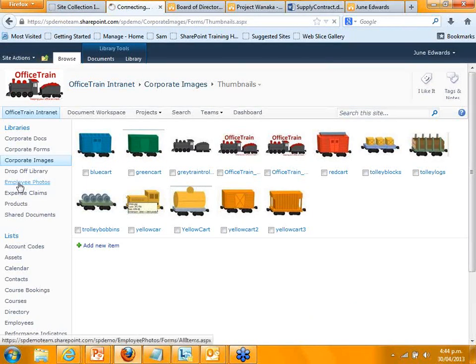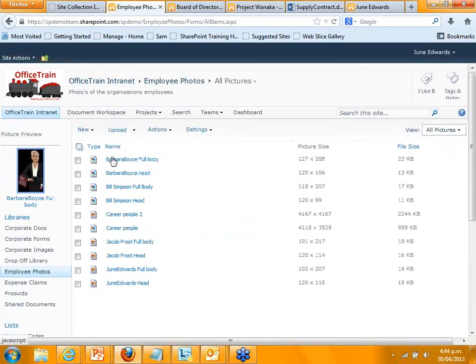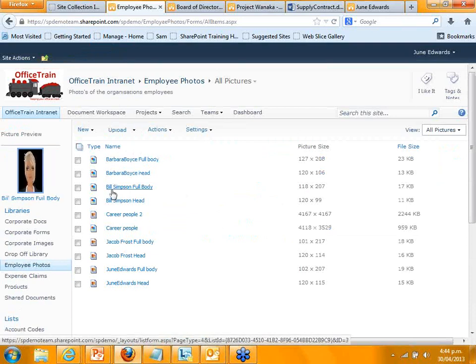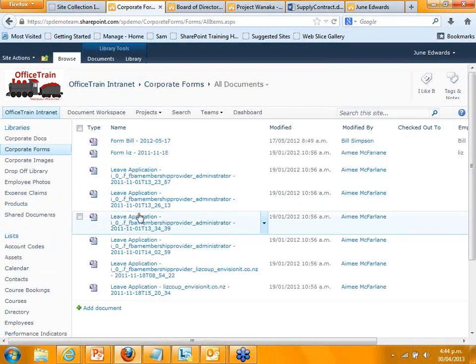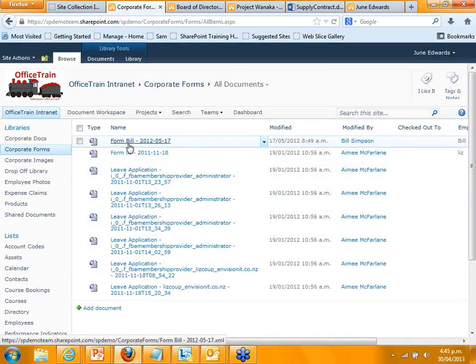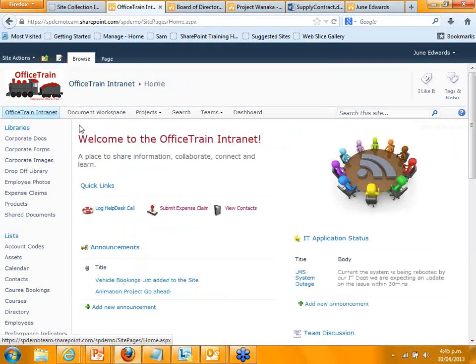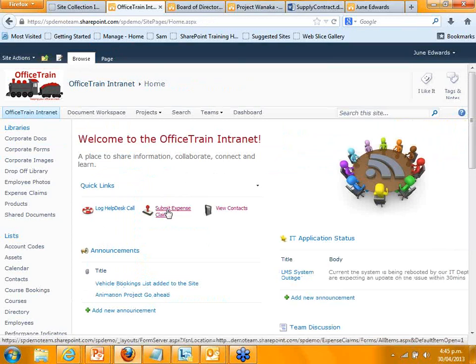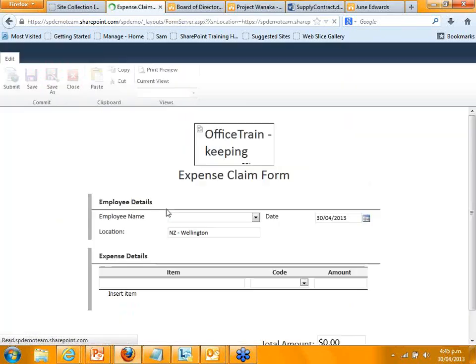So I've got an image library. In this particular intranet example, we've got the staff, supposedly, so you could have all your staff images within here. I've got a forms library, and this is using InfoPath, and I'm not going to go into detail of this, but just to know that you can have forms. I do know that this was used very widely at Great Winds in New Zealand, where they set up a whole lot of forms. So just to give you an example of this, a form could be exactly the same as what you do on a list, but this is just using a different type of form.